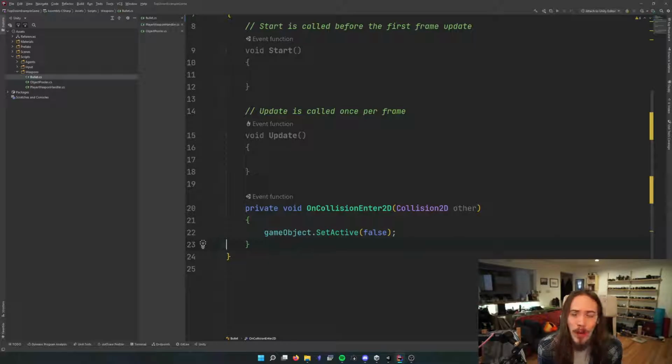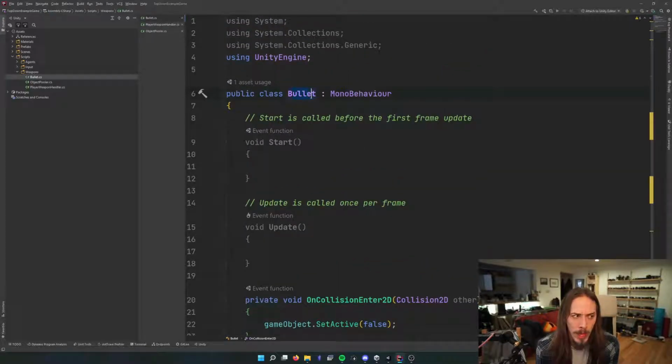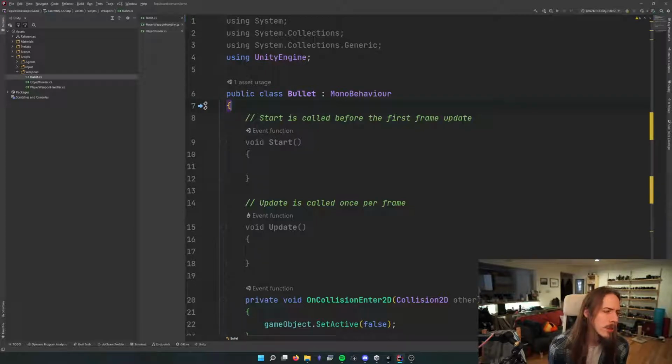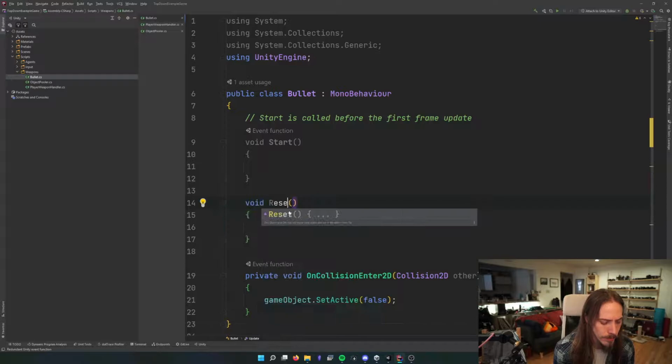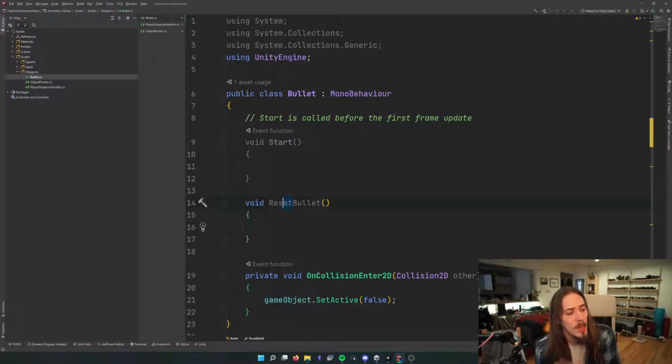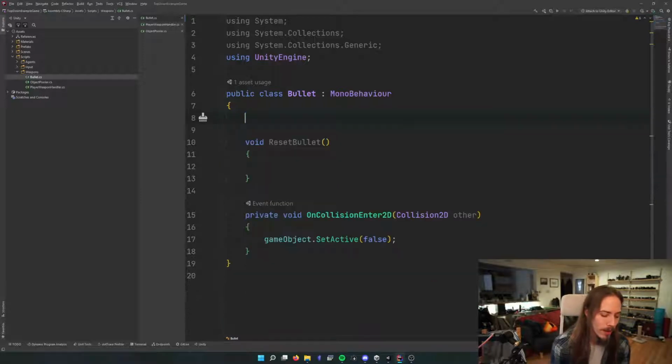So if it has a rigid body, I need to turn those things off. I don't want to check if it has a rigid body and then turn it on or off as I see fit. Instead, I want it to handle itself because that makes more sense to me. So we're going to let the bullet reset itself. I can't use the word reset because there's another function in Unity that's called that, an event function. So we're going to call ours reset bullet, and we are going to